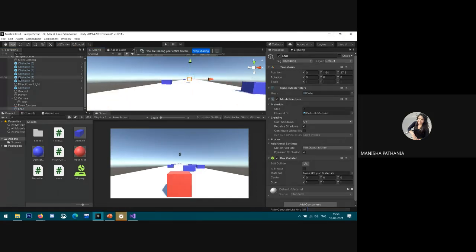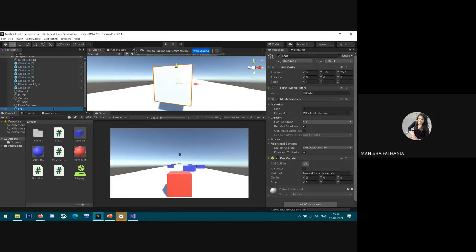I want that when my player reaches this level, the game will end. So here I am adding this game object.